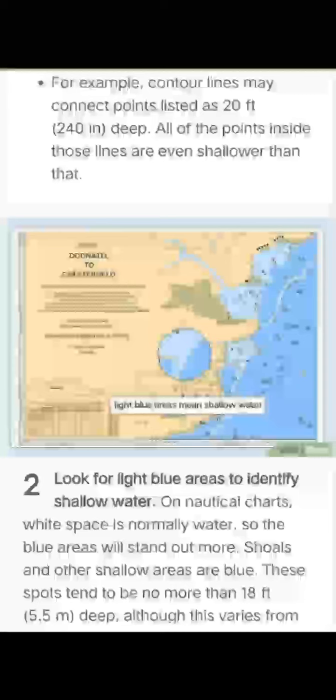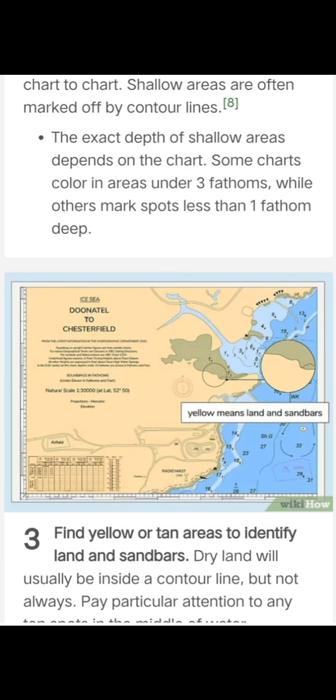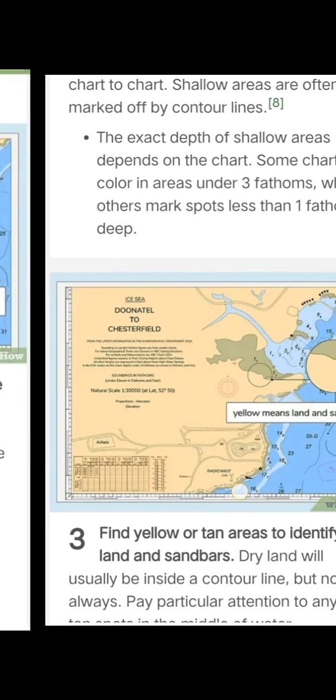2. Look for light blue areas to identify shallow water on nautical charts. White is normally deeper water, so that blue areas will stand out more. Shoals and other shallow areas are blue. These are supposed to be no more than 18 feet, or 5.5 meters, deep, although this varies from chart to chart. 3. Find yellow or tan areas to identify land or sandbars. Dry land will usually be inside a contour line, but not always. Pay particular attention to any